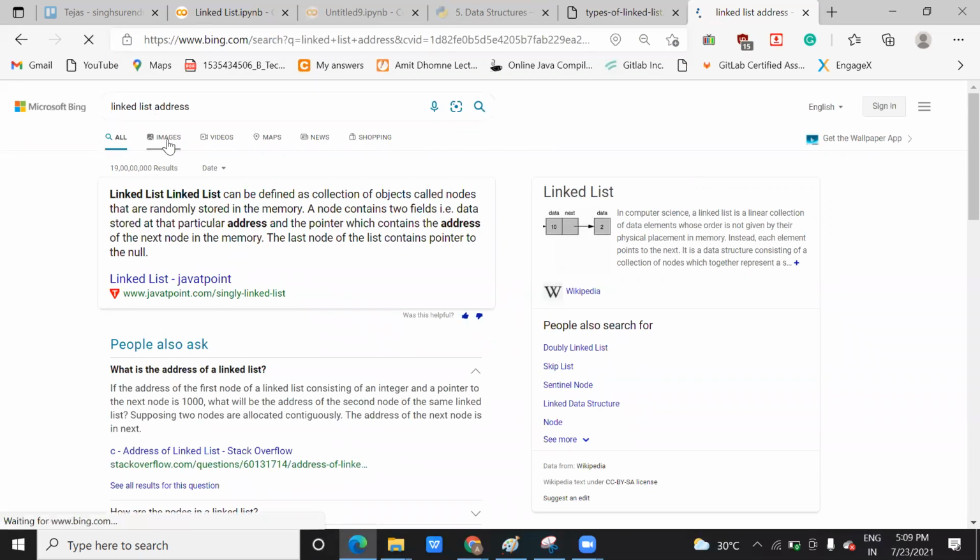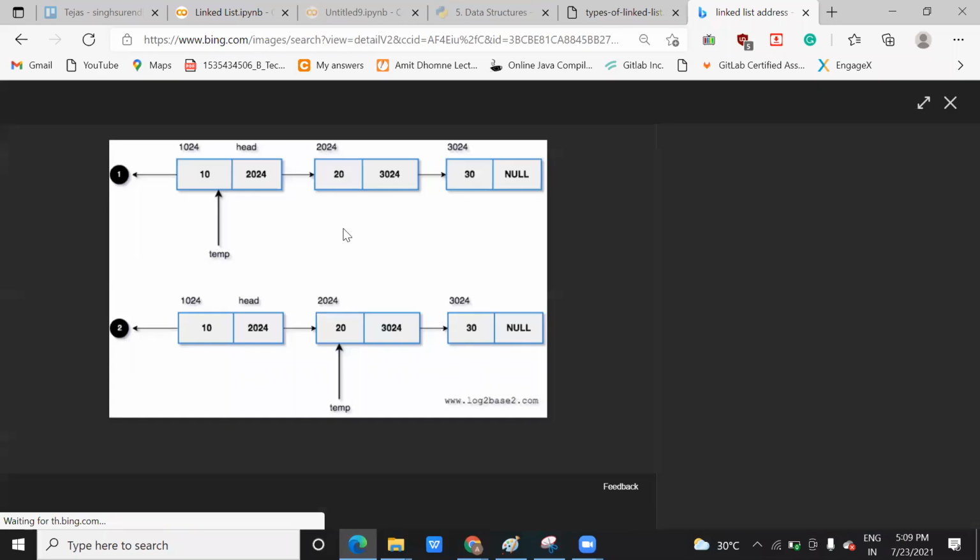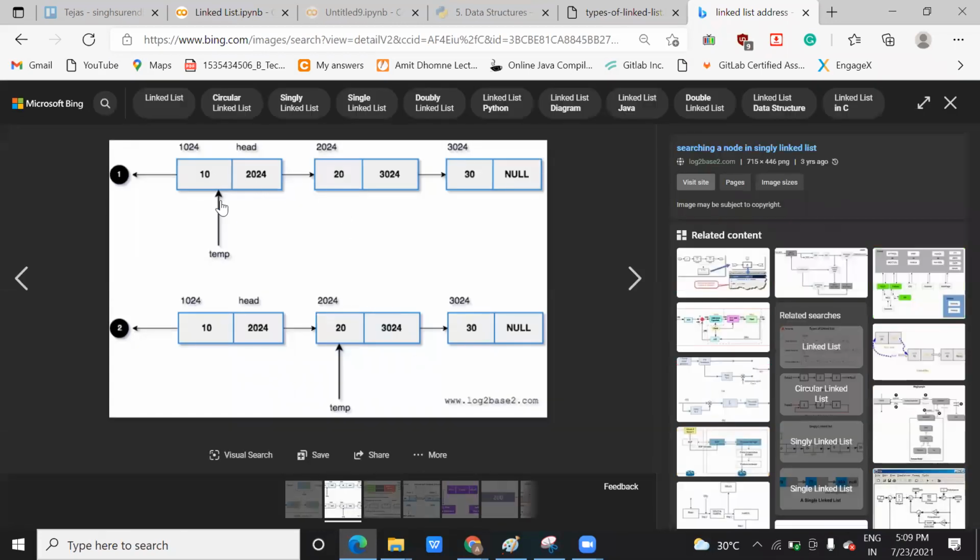You can see this temp, 2024, is pointing to this one, and 3024 is pointing to this one, and this address will vary based on your data type. Suppose your data type is integer; an integer occupies 4 bytes. So after 2024, the next address will have a gap of around 4 bytes.